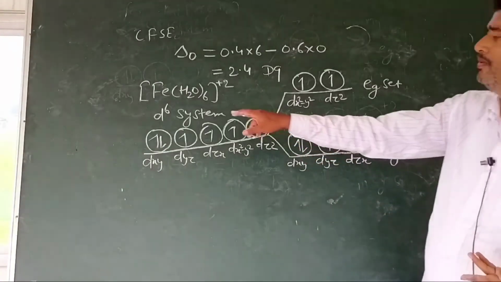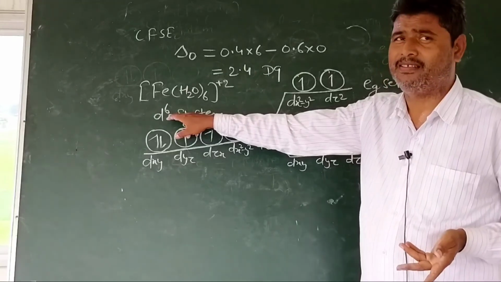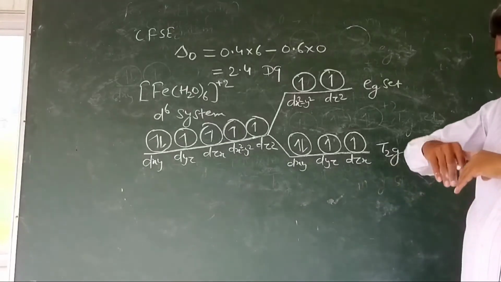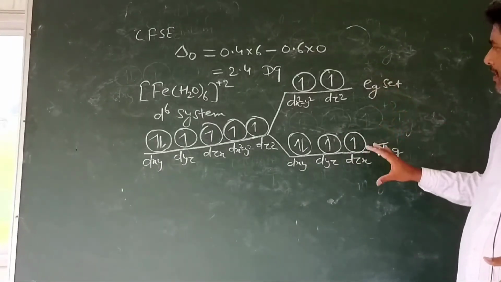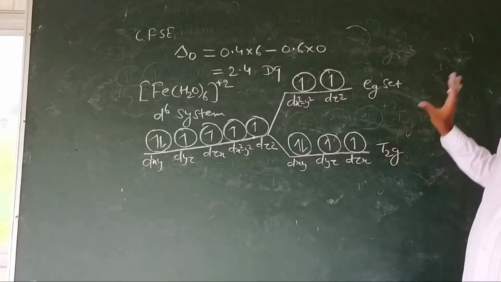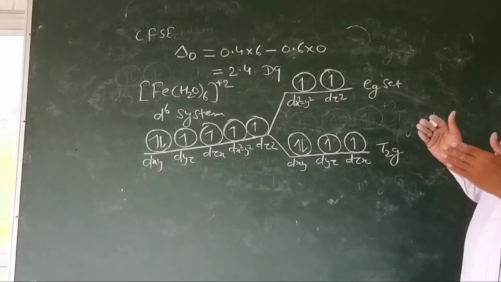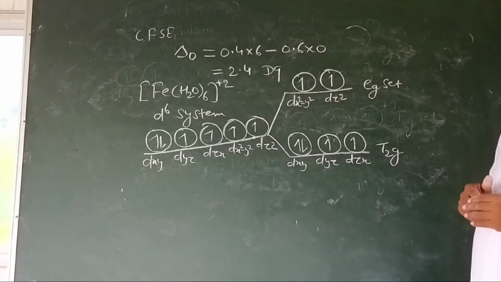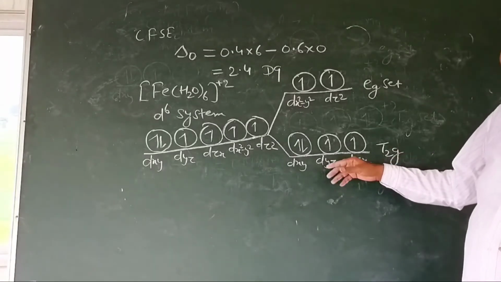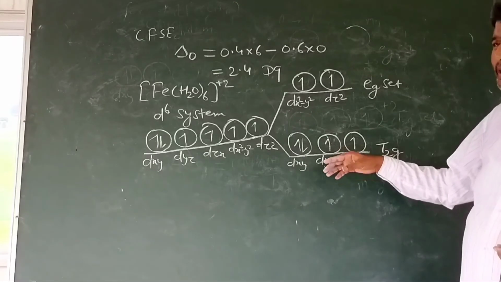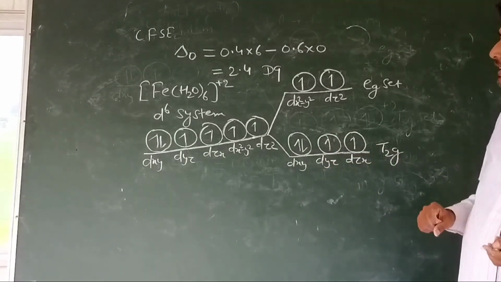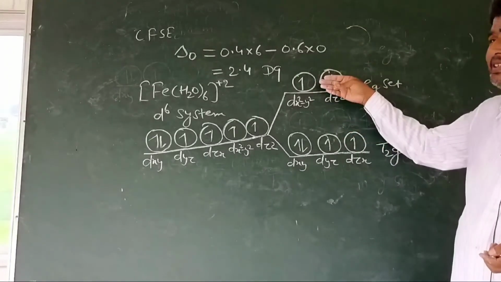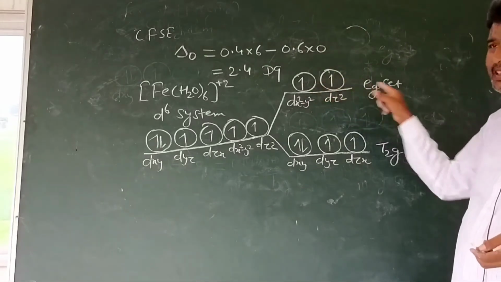So now all the 6 electrons of d of the given compound have been completely distributed in the possible eg shape and t2g shape. After this, we will calculate crystal field stabilization energy. Each electron in t2g shape stabilizes by 0.4 delta O, while each electron in eg shape destabilizes, decreasing the stability by 0.6 delta O.